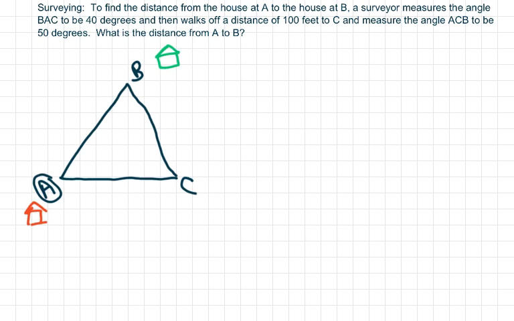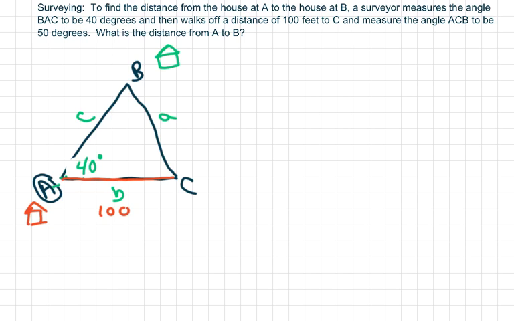And it's across from C, so I'm going to call it C. I'm going to call the side across from A, little a, side across from big B, little b. So basically what happens is he measures the angle of BAC, which is this angle, to be 40 degrees. All right, then he walks from A to C